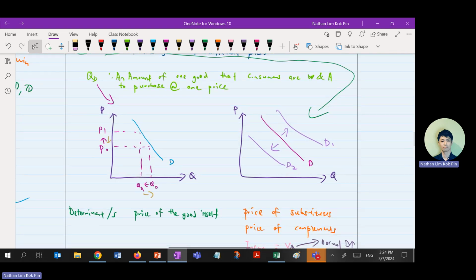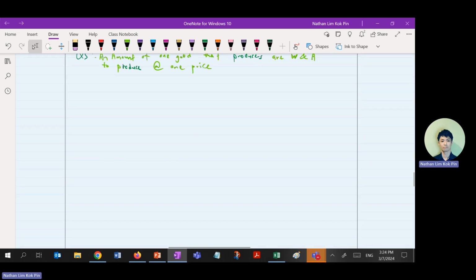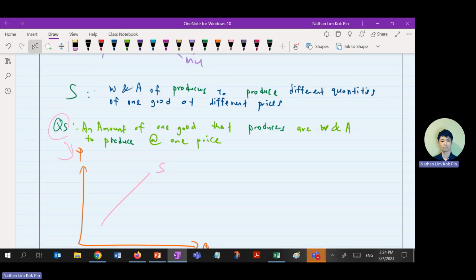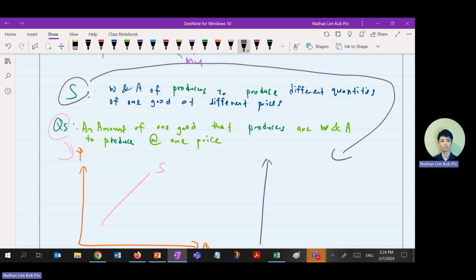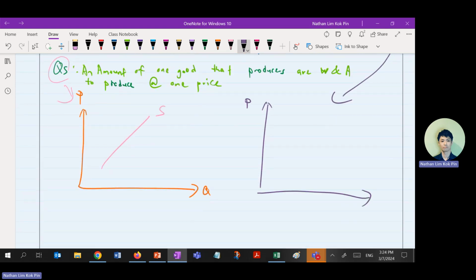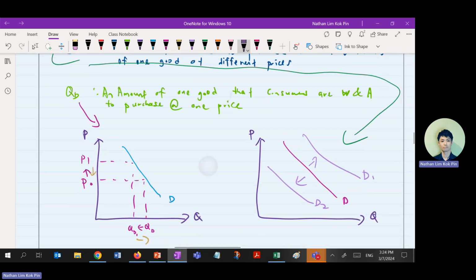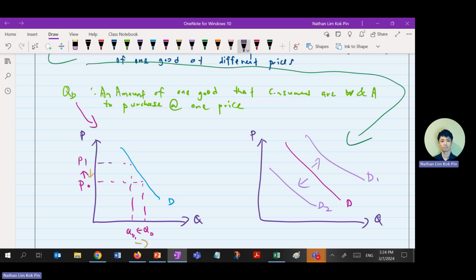Before that, we go to the diagrams. Same thing, we will go to the diagram, right? So this is P and this is Q. And this is a supply curve for QS. And another one is supply. Supply is here. If I want to refer to the diagram, this is P and Q, right? Forgot to put my product name. Put product name first. Let's say